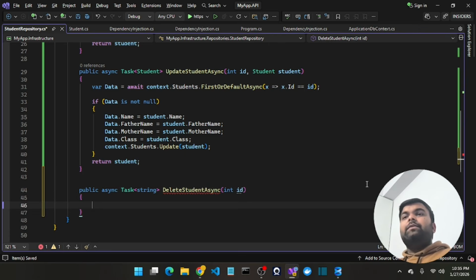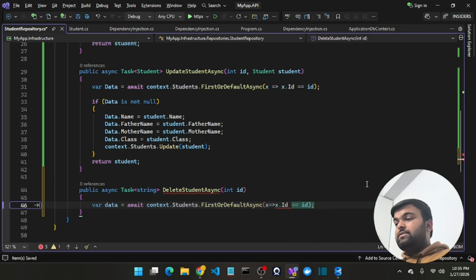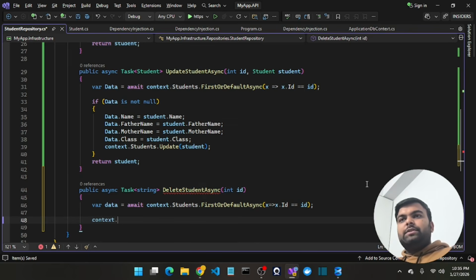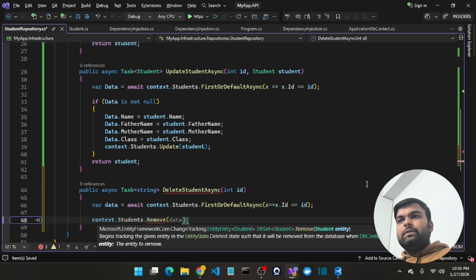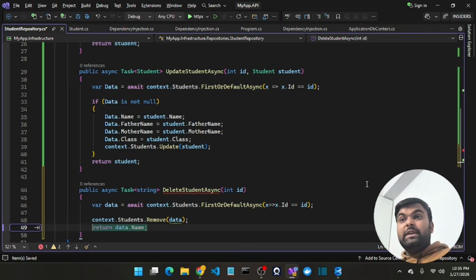Thereafter you have to get the data: await student.FirstOrDefaultAsync with x.id. So we have found the student. Thereafter, context.Students.Remove, and you just pass the data. Thereafter, it will simply return the message, like student is deleted